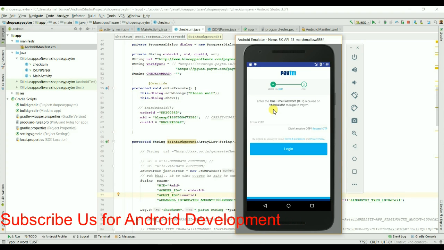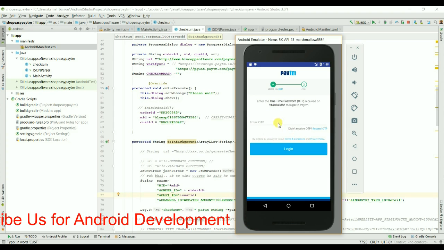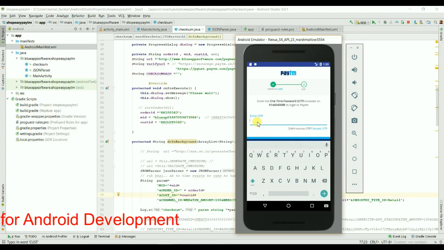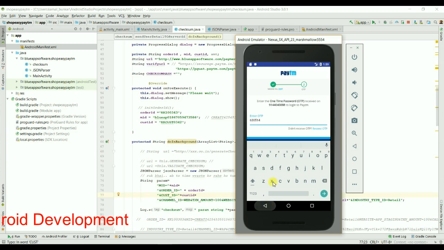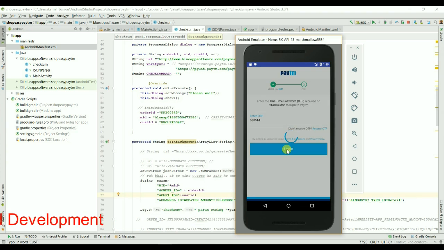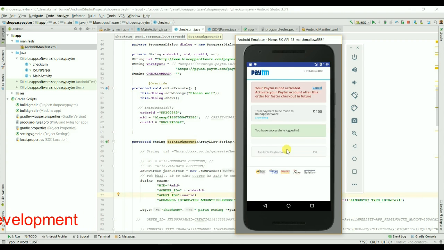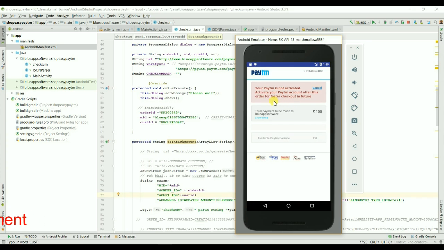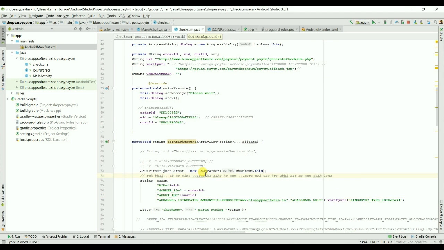The OTP is 630154. Paytm is not activated on this number, so that's why it is showing this message. Otherwise you will find your login details and other things. That's it for Paytm.